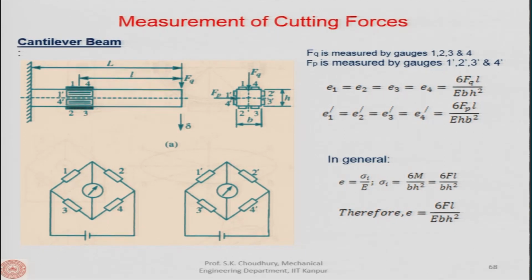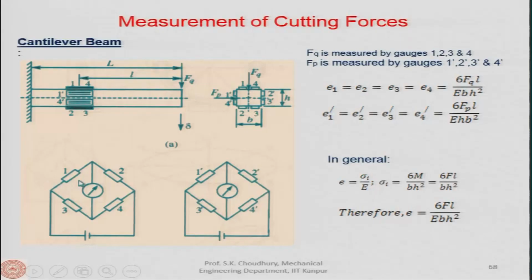Now, if we make 2 Wheatstone bridges, one Wheatstone bridge consisting of 1, 2, 3 and 4 and another Wheatstone bridge comprising 1 prime, 2 prime, 3 prime and 4 prime, then from the strain that you can measure in the Wheatstone bridge comprising 1, 2, 3, 4, you can find out the value of the Fq. So, E1, E2, E3 and E4 in this Wheatstone bridge will be equal to,